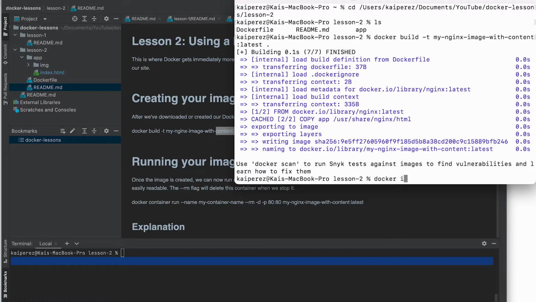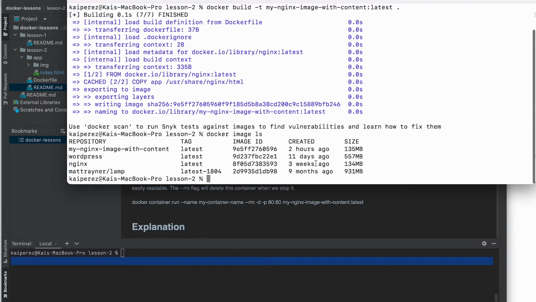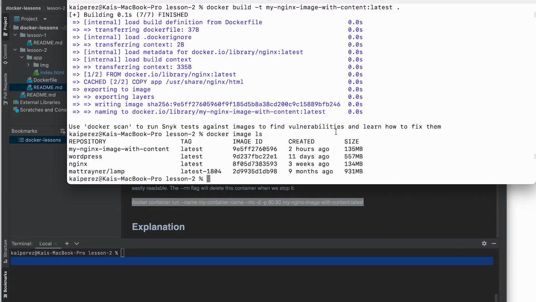And now if I run docker image ls, you can ignore these three here, but we can look at this image that I just created. So my Nginx image with content, it's going to have an image ID, and we can go ahead and run this image by going here, and we can build it into a container.